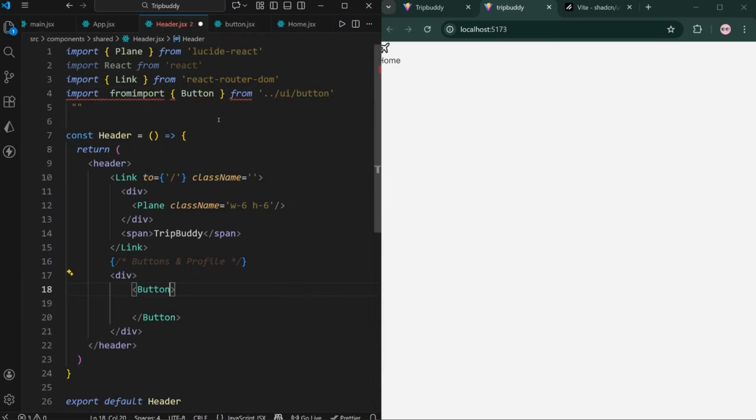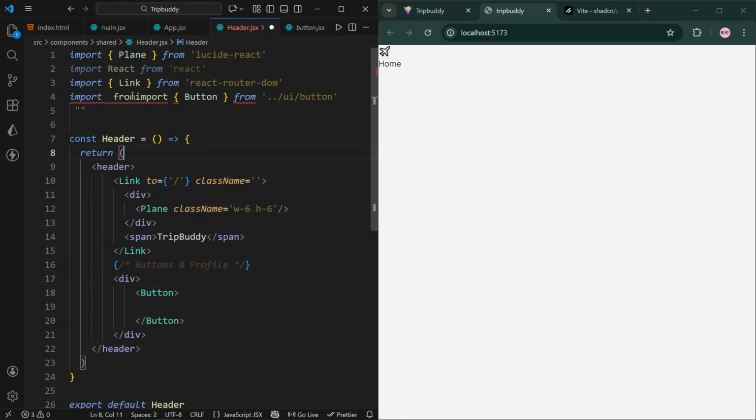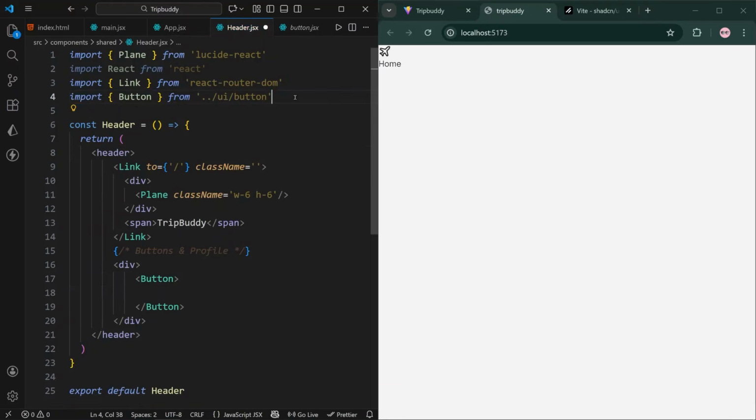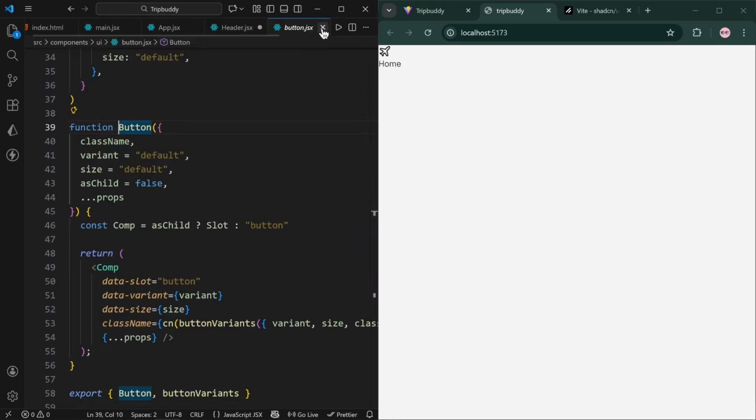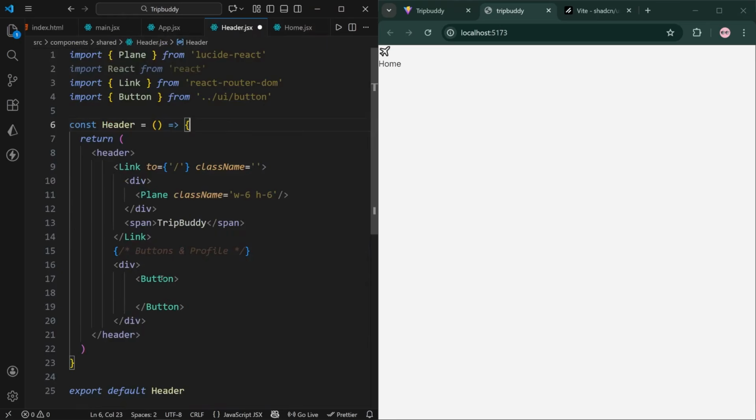From here, we will leave this previous text. Okay, so as we have successfully imported the button, we will close this button from here, and you can also import the button manually